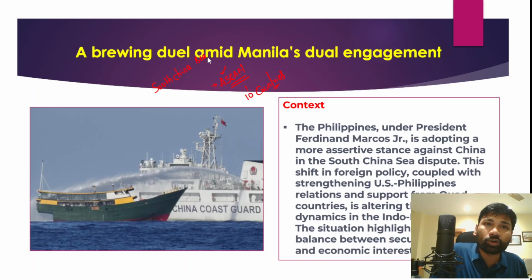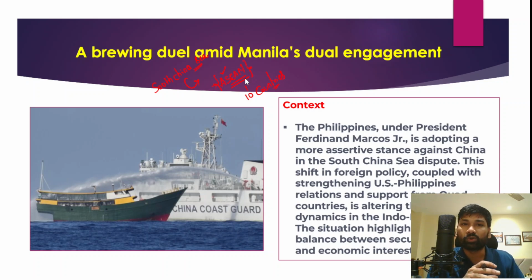So because of that reason, Chinese aggression and assertiveness is of course a concern for all these Asian countries, majority of which share their borders with the South China Sea. But in recent times, the most prominent conflict or dispute over the South China Sea was between China and the Philippines, right? It is the most prominent among the bilateral disputes between China and other countries. The South China Sea dispute between the Philippines and China has gained a lot of prominence in recent times.